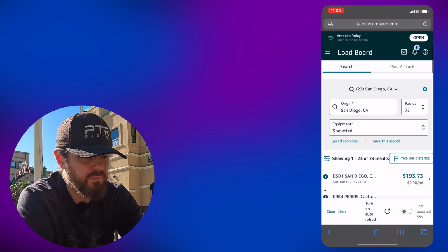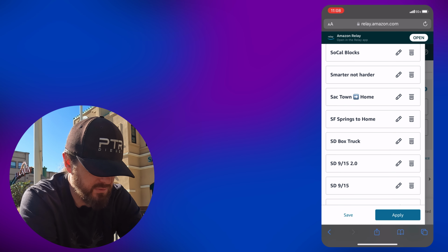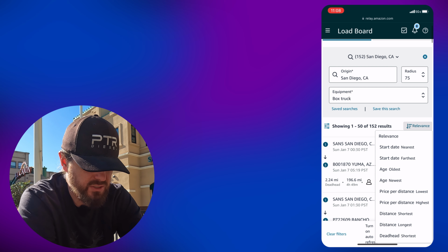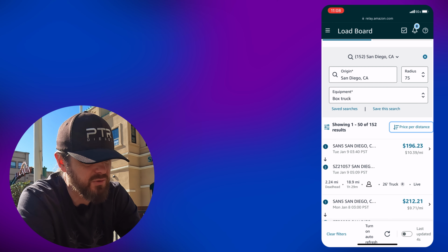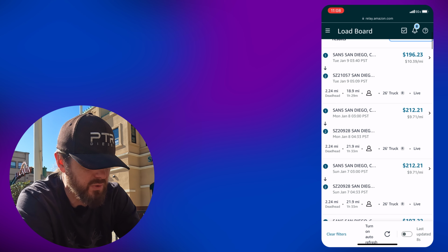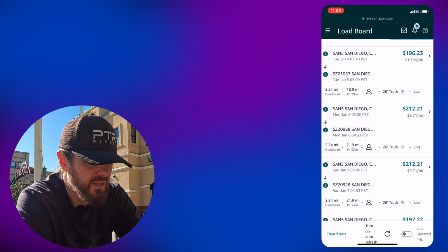Let's take a look at box trucks. SD box truck. Let's see here. Let's just look at payout highest, price per distance highest. Sand 5 to Sand 5. These are always on here. You look at this one ends in 1057. This one ends in 928, 928. You can see that like these 928 ones, they do